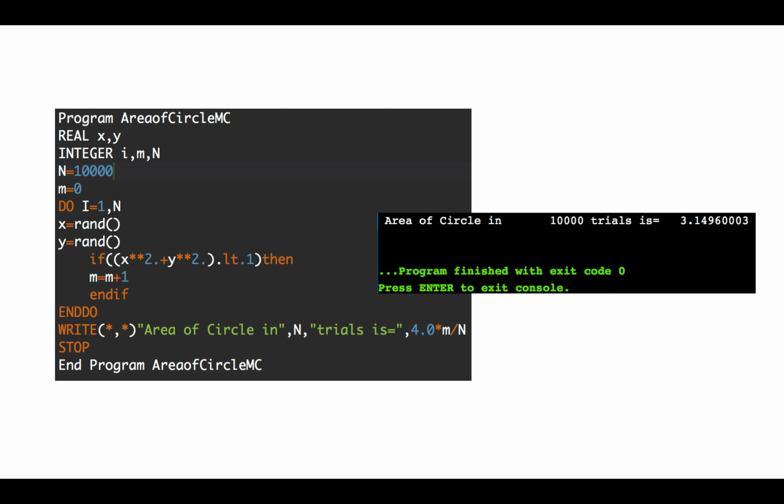Okay, so if you throw only a single dot, it might not give you a very accurate result. If you throw 100 shots, it will increase the accuracy. Then with 1,000, 10,000, a million, 10 million, and so on, it will give you a higher accuracy result. So you can compare this value with the value of pi as well. So this is how we calculate the area of a unit circle using Monte Carlo integration in Fortran, and the effect of the number of trials as well. Okay, so thank you for watching this video.